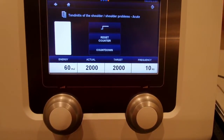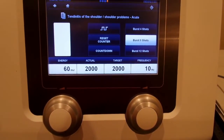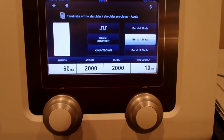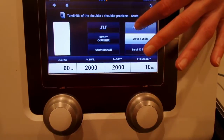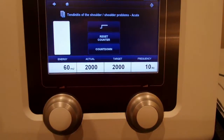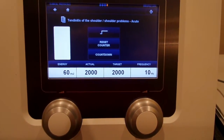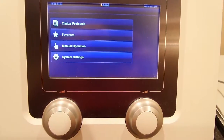If you press the top button, you'll see here you have various different modes. You can have bursts in 4 shots, bursts in 8 shots, and bursts in 12 shots. If we press the top button again, it changes the shots. And then if we go back to the original settings, you'll see that's just constant shockwave all the time. Okay, if we go back to the main menu by pressing the home button,